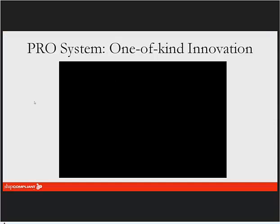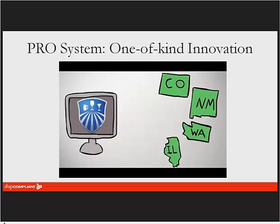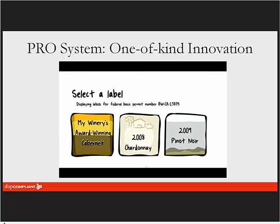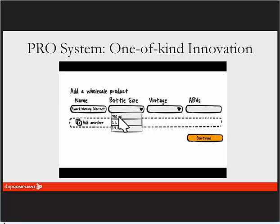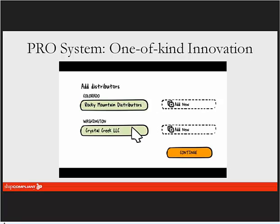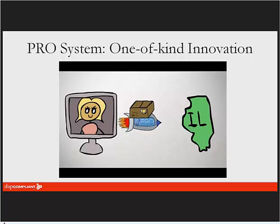for our pro states, I just want to highlight that using product registration online is designed to make it faster for you and to make it faster for the states. So you can submit directly from ShipCompliant into all the different states. It's the process we just went through, selecting your label and then selecting what it is you're doing, what the products are, what the different sizes are, and ultimately it's just in the process of your paper packets, you're also going to be able to organize the data, and instead of submitting via paper, you're just submitting electronically directly to the state. The idea is it's faster for